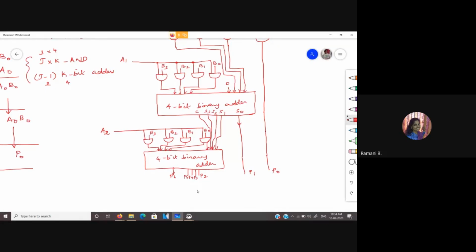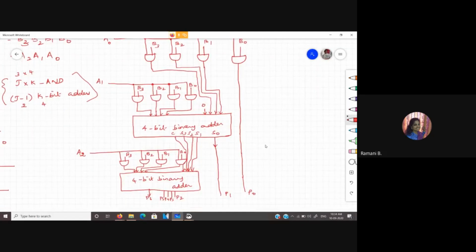This is the general thing you need to remember for any j cross k multiplication, where j is the number of bits in the multiplier and k is the number of bits in the multiplicand. You will need j cross k AND gates and j minus 1 k-bit adders to perform this multiplication.